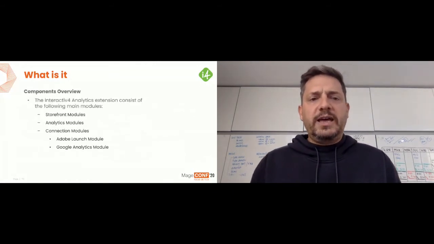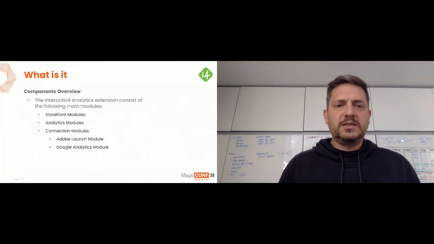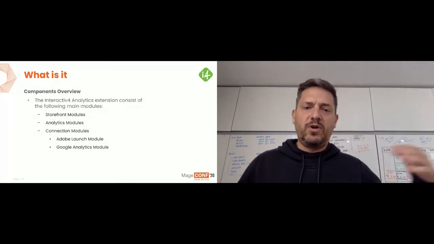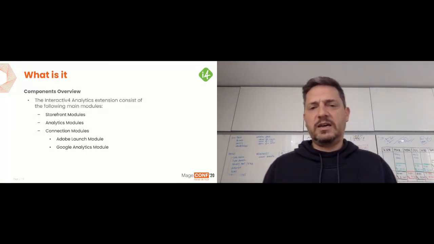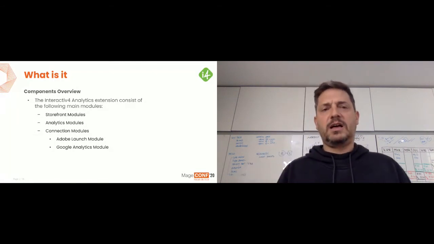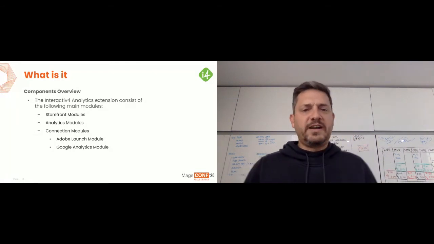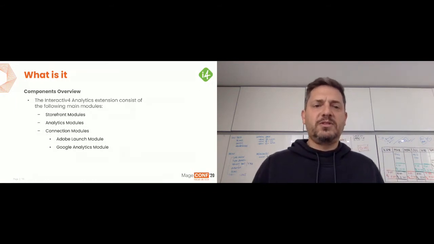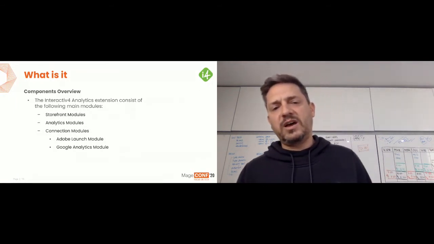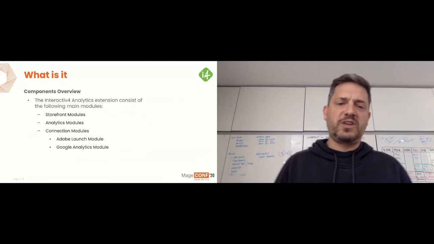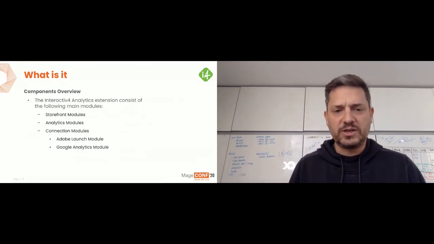This is more or less the structure of the toolkit. We have a storefront module, which you will see in a sample in a couple of slides. We have an analytics module that grabs all the information and tracks the events, and we have the connection modules that we already have in the repository, the Adobe Launch module.